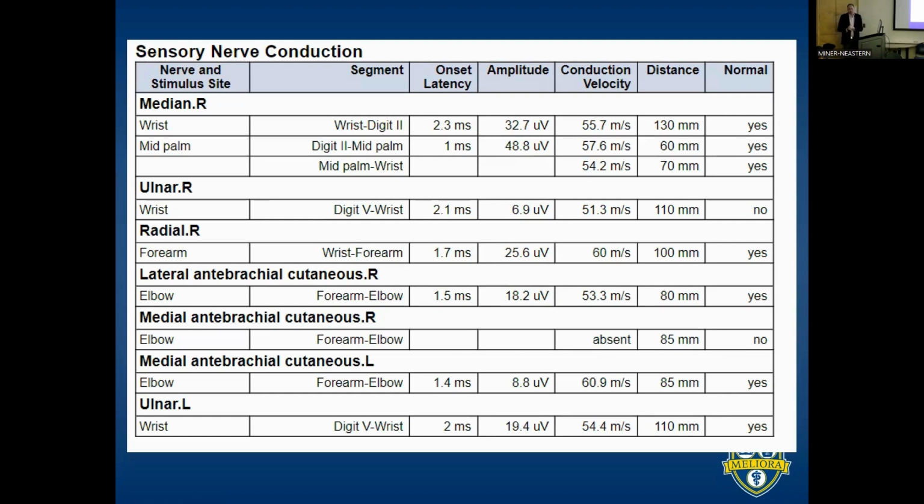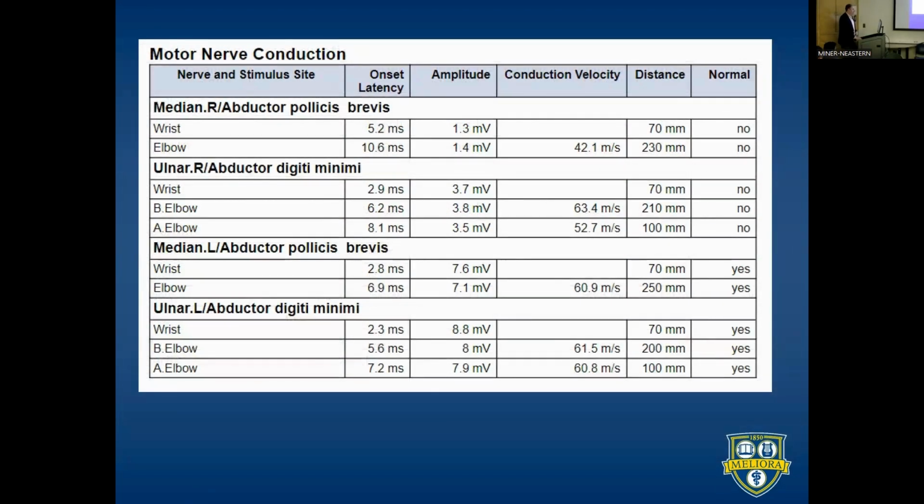Any of those three can give you that problem. So we're still not exactly sure, but this might be part of the EMG. So let's go a little bit further. What about the motor conduction? Well, with motor conduction, we're losing our abductor pollicis brevis, we're losing our abductor digiti minimi, but the left side is